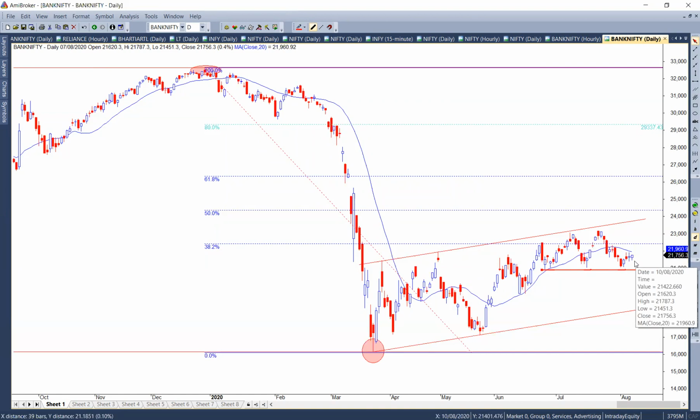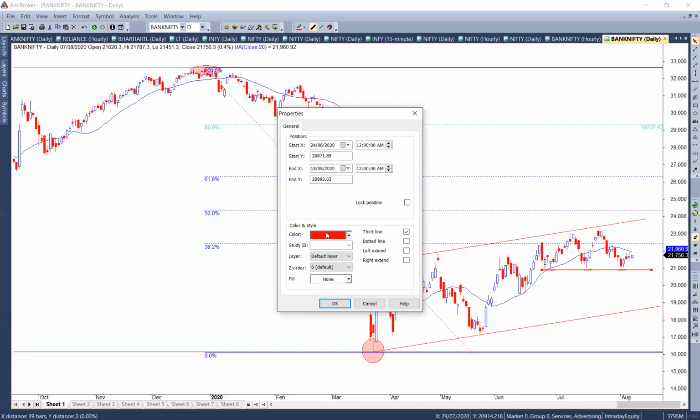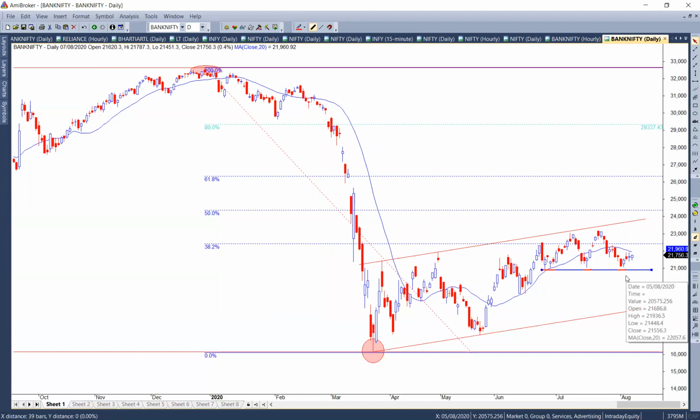By this information, simply looking at this, what I gather is, if Bank Nifty breaks this low of 21,000, prices will break the support trend line. Let me change this color to blue. Okay, that's one. Next information, if it breaks this, it can head towards the lower trend line support. Where is that support coming in? 19,000.